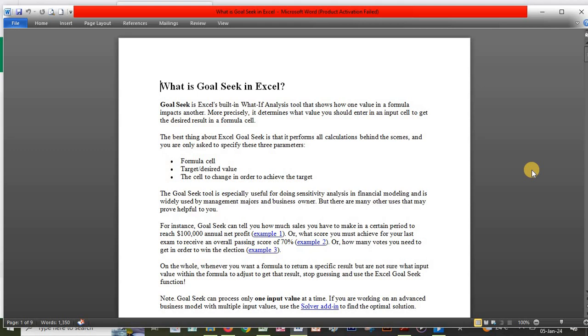Like we have been told earlier, the best thing about Excel Goal Seek is that it performs all calculations behind the scenes, and you are only asked to specify the parameters: the formula cell, the target or desired value, and the cell to change in order to achieve the target. The Goal Seek tool is especially useful for sensitivity analysis in financial modeling, and is widely used by